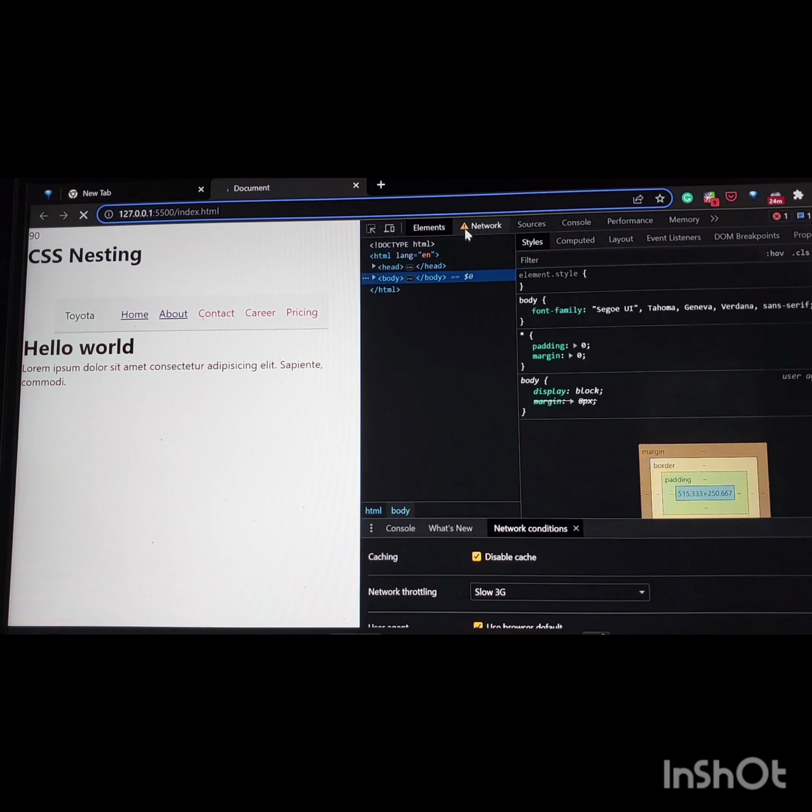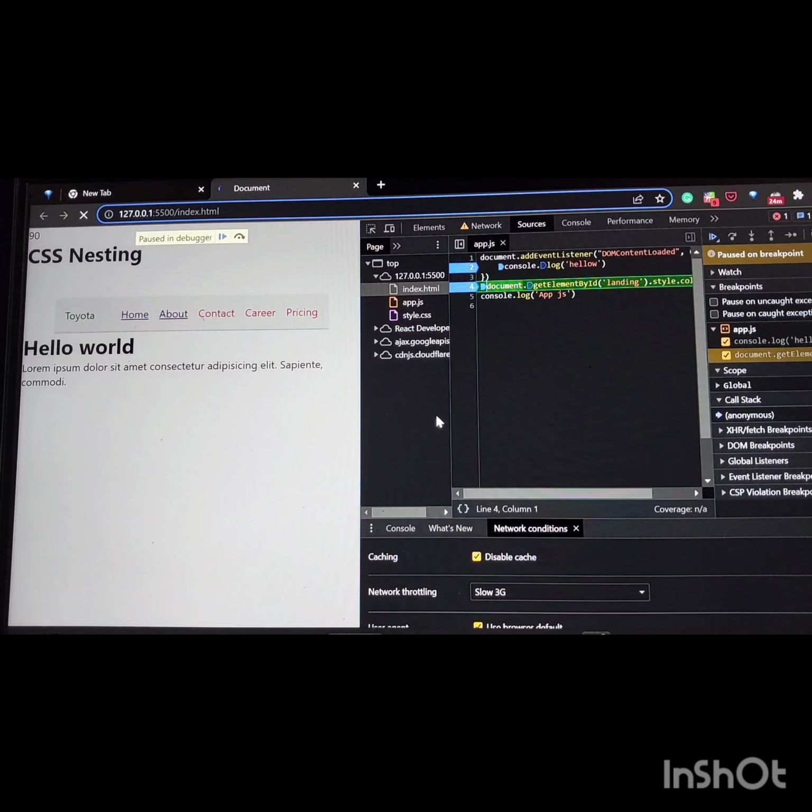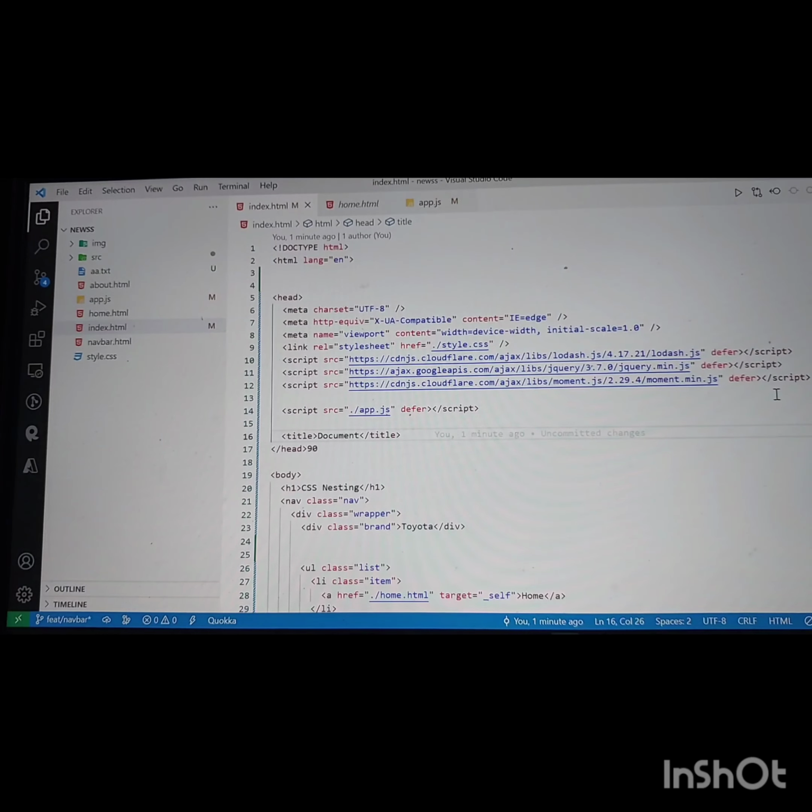So now the page came, all the JS is downloaded. Here is one more benefit of using defer. All the four script tags are downloaded in parallel, means once the browser sees these four script tags, it will put them into an asynchronous call, download them in parallel in the background, and continue the parsing of the HTML. And once the parsing is done, before the document content loaded event, it will run each JavaScript in sequence,